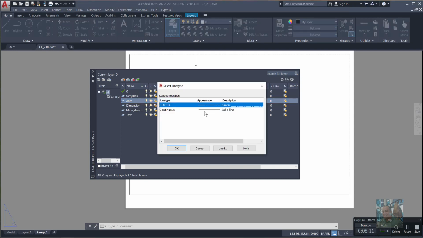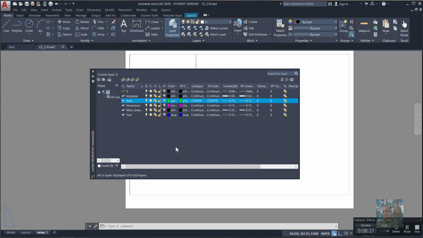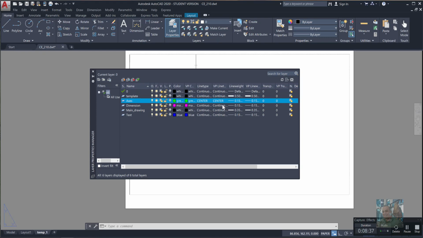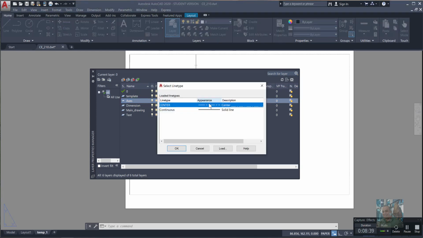Dimension continuous. Yeah, axis. This is the template. No, we have the main drawing and we have the template. Yes. Center. Take the default center. Okay. So this is for